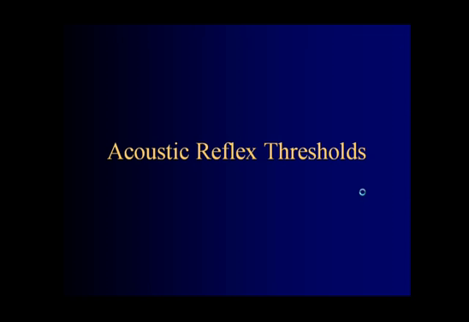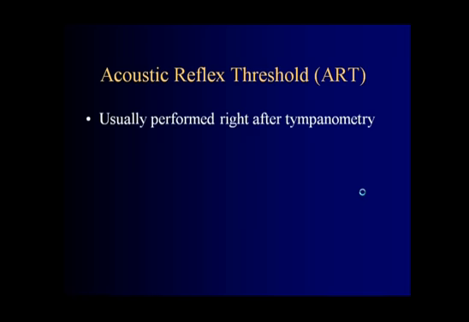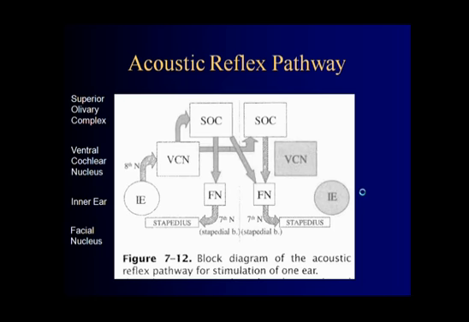Okay, acoustic reflex thresholds. This is a test usually performed right after tympanometry, and this test is a measure of the integrity of the neural pathways going from the eighth nerve as it leaves the cochlea. So see, it says IE here, inner ear. Eighth nerve, the signal will go up to the ventral cochlear nucleus in the auditory brainstem, and then signals will